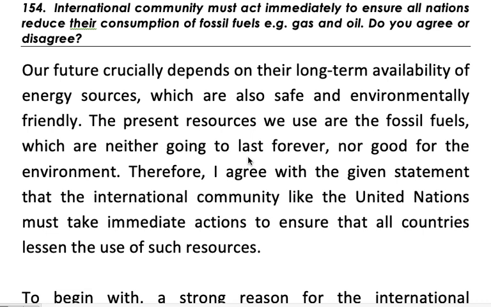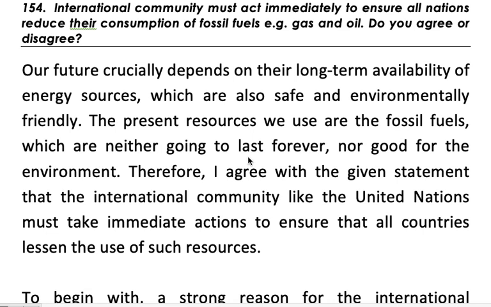International community must act immediately to ensure all nations reduce their consumption of fossil fuels, for example gas and oil. Do you agree or disagree? Now this is the essay, and the international community means any community which has the power to influence many nations, which many nations are a part of, like the United Nations. So the question is that it should act immediately. Immediately means at once, very soon,